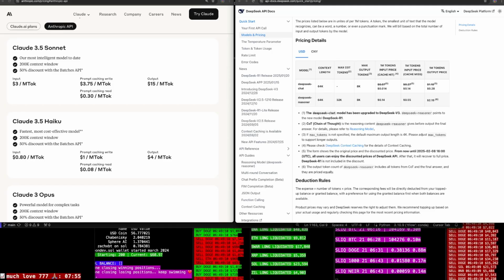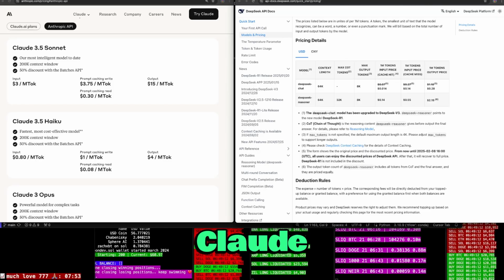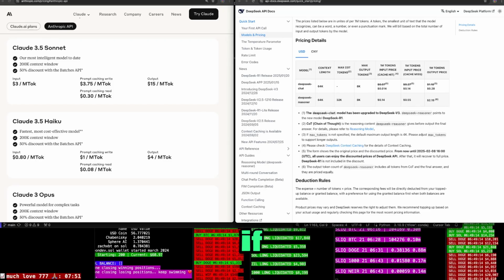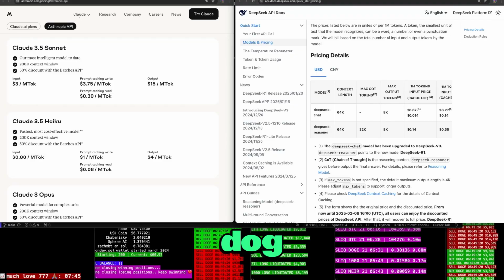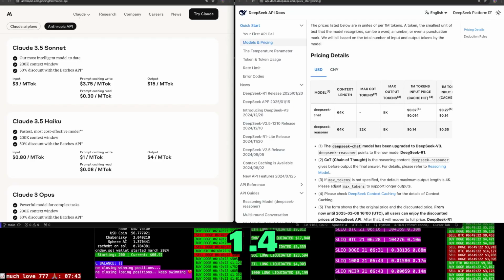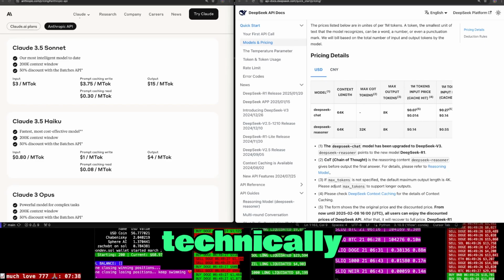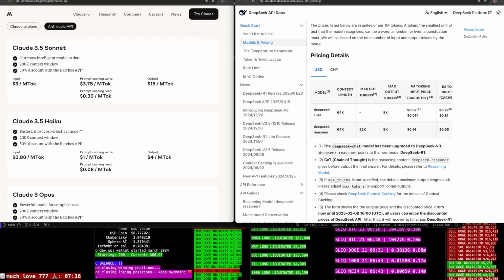All right? The input is $3 on Claude. And I don't know if you can see this, big dog, but I think it says 1.4 cents. So technically, this is much